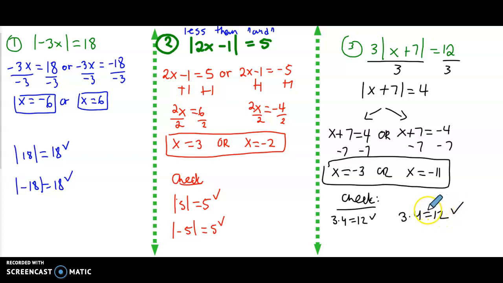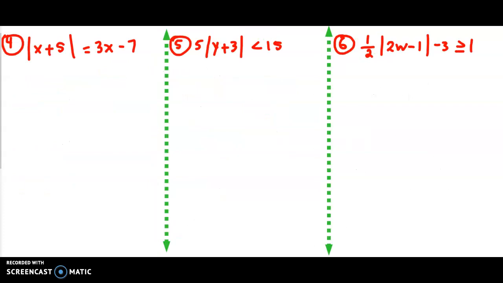Now, when we're working with absolute value equations, usually we're not asked to graph, because think about it, the graph would be dot, dot, dot, dot every time. So it's kind of not of interest, two dots, that's about it. Let's go to the next screen, where I'm going to show you how to solve one equation and